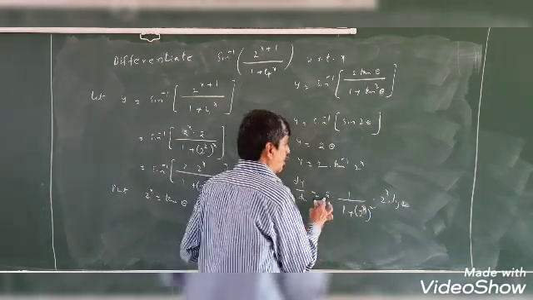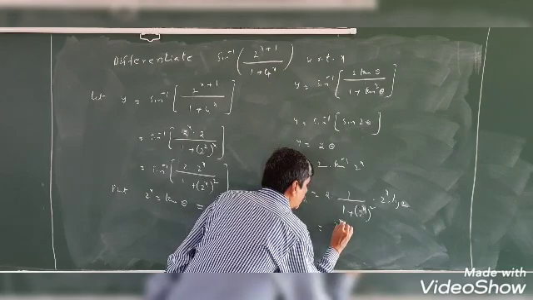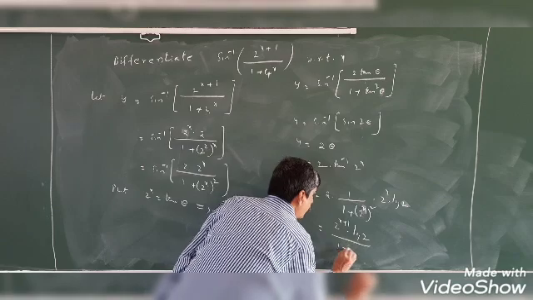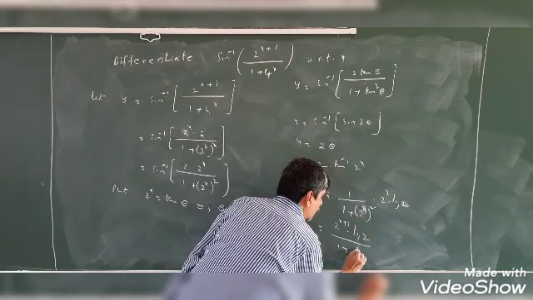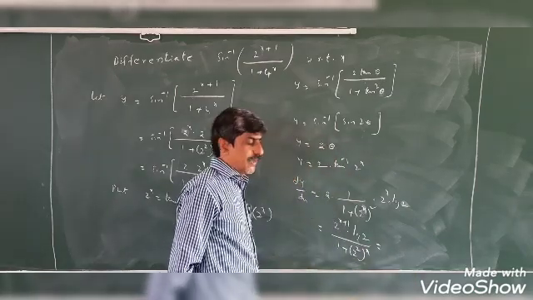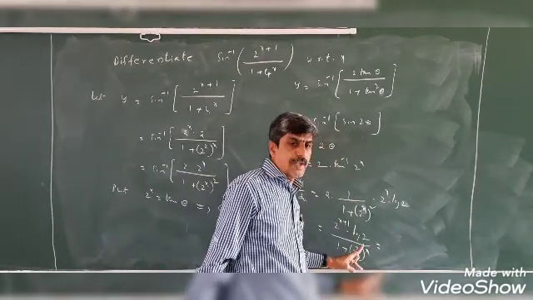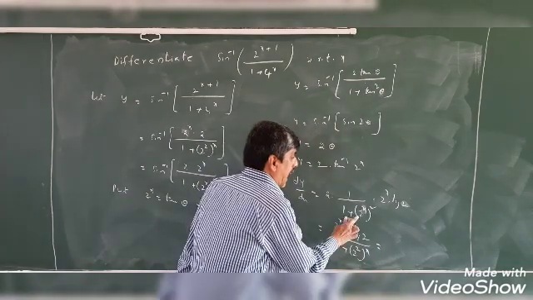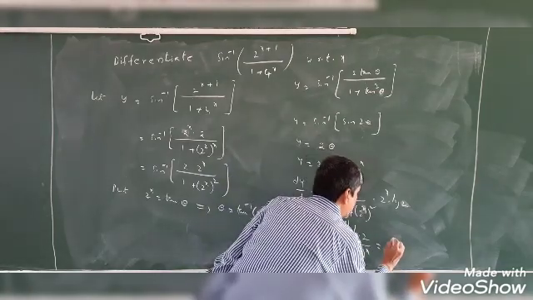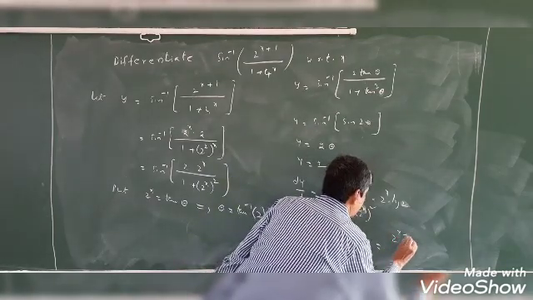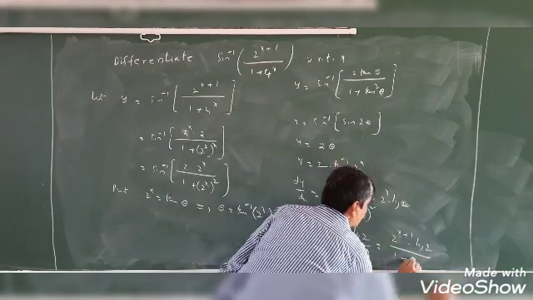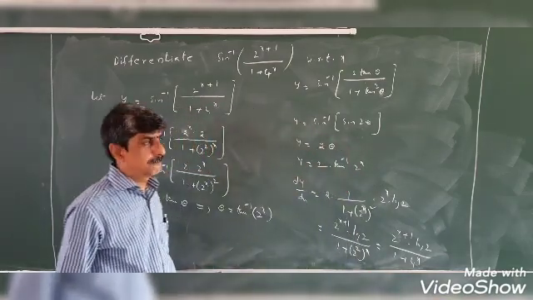So this is nothing but 2 into 2 power x. We will write it as 2 power x plus 1 into log 2 by 1 plus 2 power x whole square, which means 2 square whole power x. A to the power of m whole to the power of n is nothing but a to the power of n whole to the power of m. That's why I am writing 2 power x whole square as 2 square whole power x. So this is nothing but 2 power x plus 1 into log 2 by 1 plus 2 square, which means 4 power x.